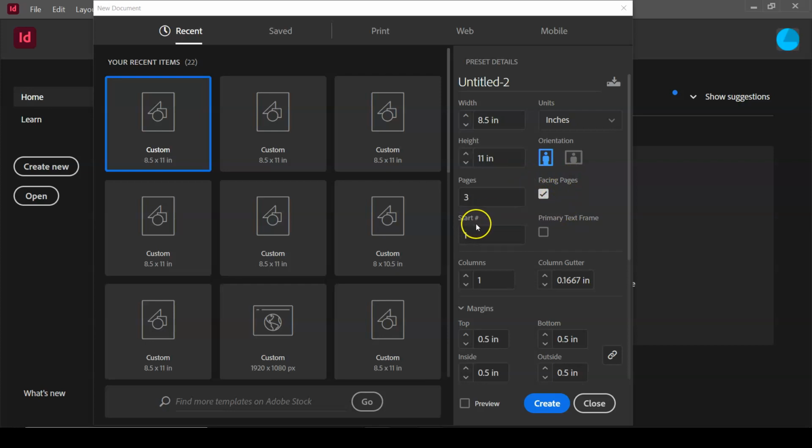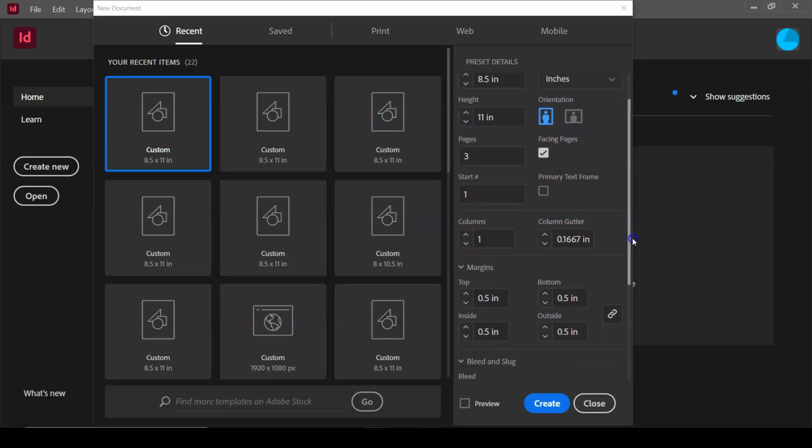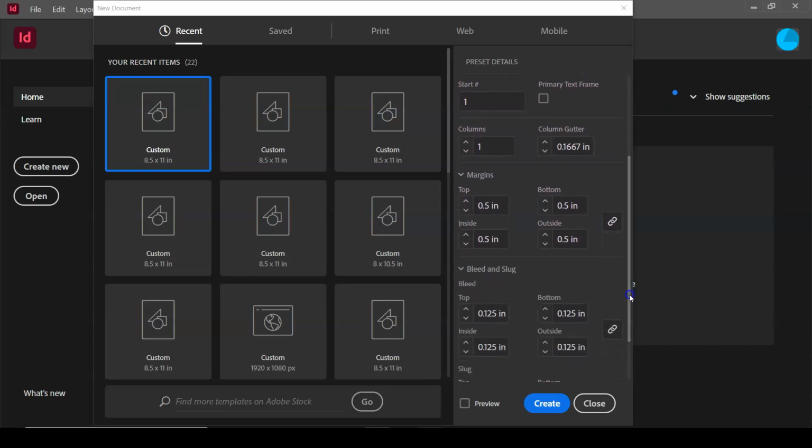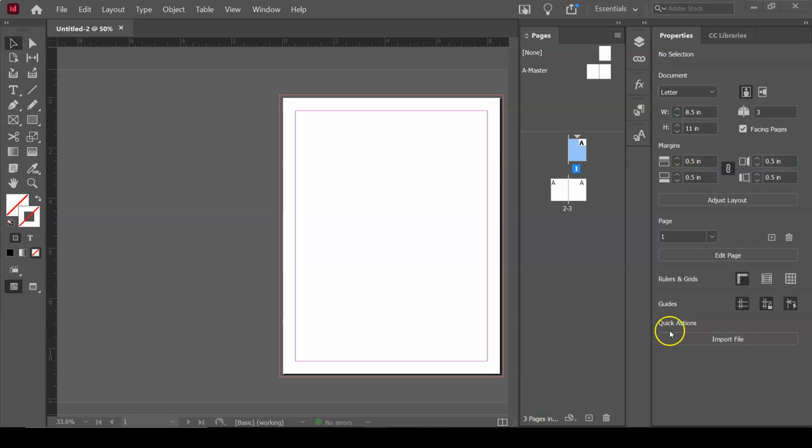We can start numbering on page 1. And if I scroll down to the margins area, we'll make a 0.5 inch margin all the way around, and also a 0.125 inch bleed all the way around. Click the Create button. And as I quickly take a look at my document, I can see that page 1